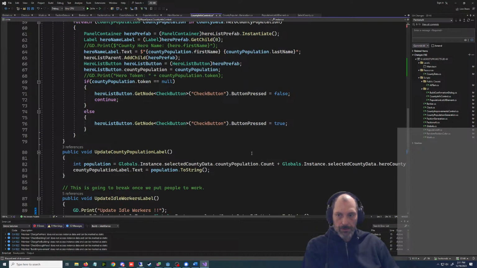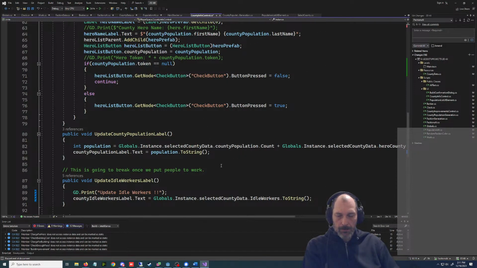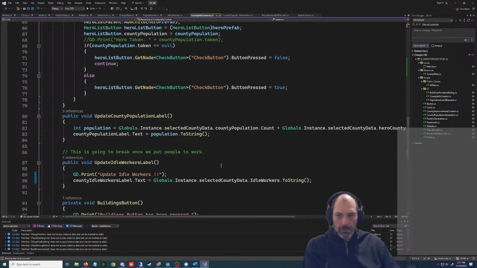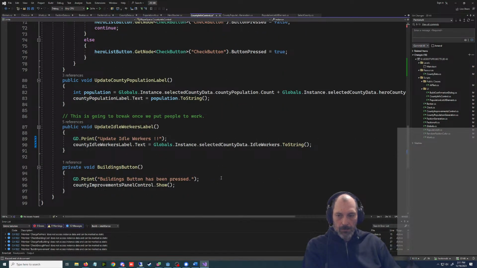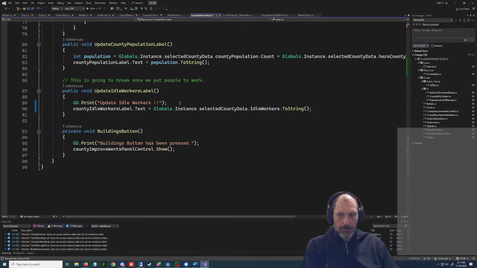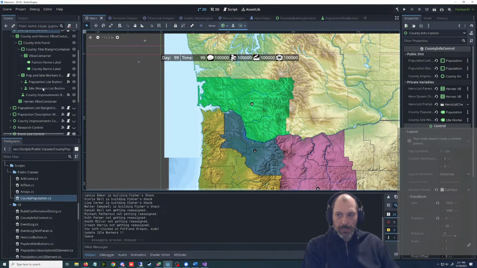It's all the hero stuff. That's the hero list. Update population label, update idle workers label, buildings button. No, this shouldn't be called that. Should be county improvement.